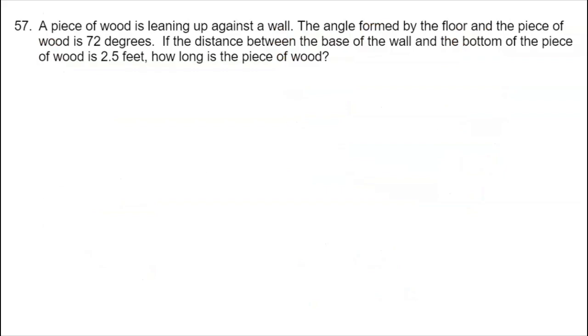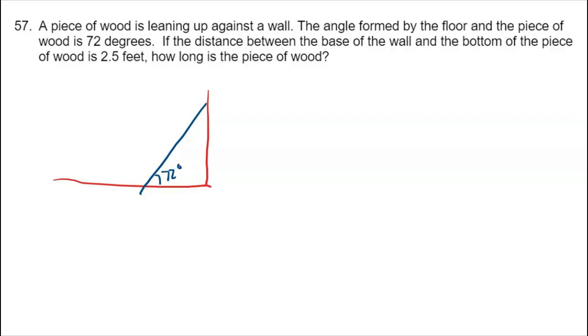All right, let's do a word problem real quick that you should be familiar with as well. A piece of wood is leaning up against a wall. The angle formed by the floor and the piece of wood is 72 degrees. So let's draw a quick picture. There's my floor. There's my wall, and here comes my ladder. All right, now, we are told that the angle formed by the ladder and the floor is 72 degrees,